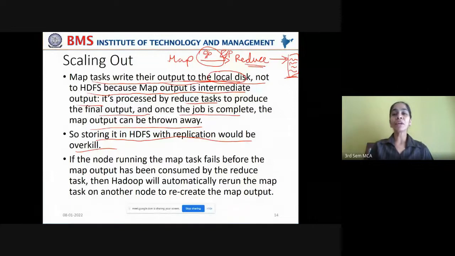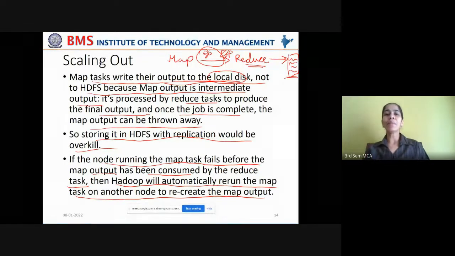It would be an overhead to the HDFS cluster, and there is also no meaning in actually storing these intermediate results. Now, if the node running the map task fails before the map output has been consumed by the reduce task, then Hadoop will automatically rerun the map task on another node to recreate the map output.